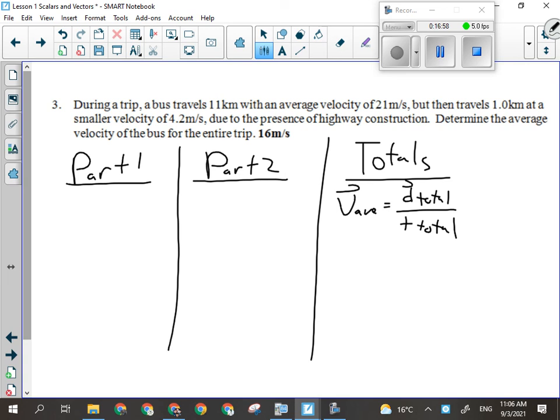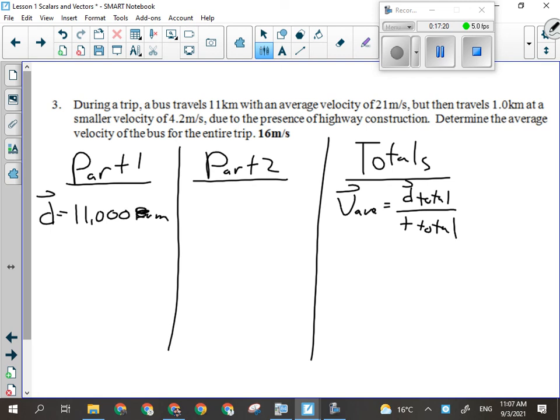Okay, what I have for part 1 is a displacement, but it's in kilometers. I'm given the velocity in meters per second, so I have to make my units match. Okay, there's 1,000 meters in a kilometer, so this is a pretty simple conversion. Okay, not kilometers, 11,000 meters. And that is,